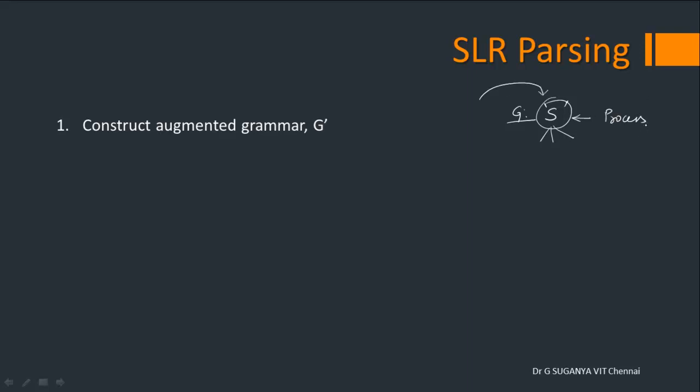So for example, a Microsoft Word application, which is a process, needs to be initiated by the operating system. Let's say you write a program a.c which gets converted to a.obj, which has to get executed by the operating system. And hence, even if your grammar has a start symbol, someone should start initiating this start symbol to generate words that are part of that language. That's where the necessity of augmented grammar comes in, where we will be introducing a production called S' gives S, where S is the actual start symbol and S' is the augmented symbol which represents the parent process.